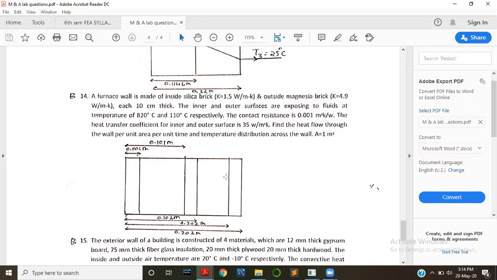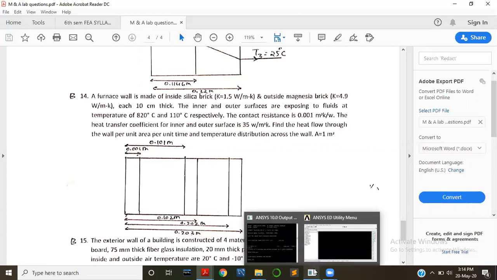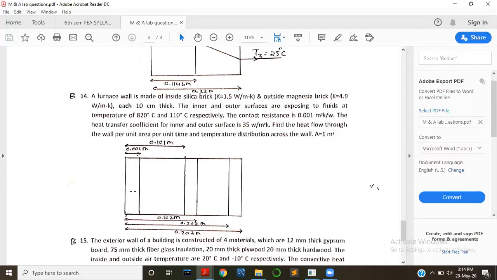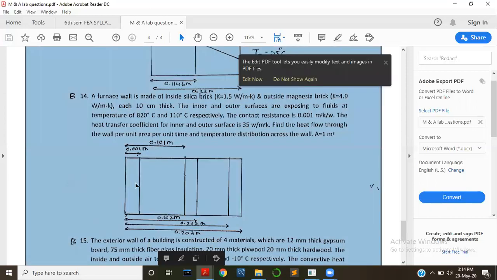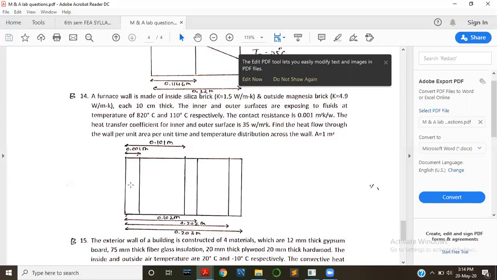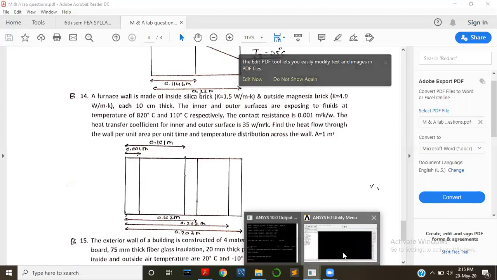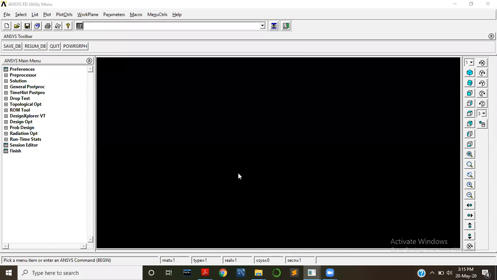So the figure is like this, the given figure you can see over here. We have to model this and solve it using the ANSYS software. There is both convection as well as conduction. Conduction is happening in this and this one. Convection is happening inside and outside. Only outside convection H is happening and the remaining three are conduction. K1, K2, K3 and H are given. Let us input that and solve this problem using ANSYS software.